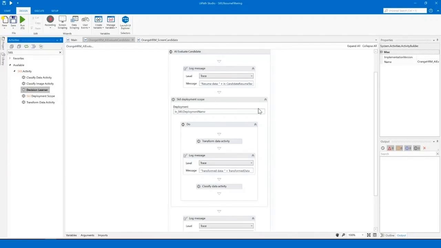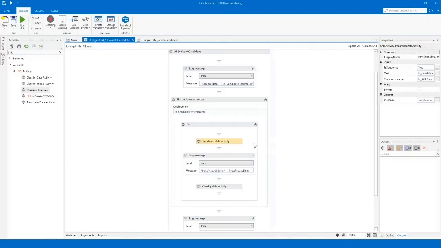They are used in this workflow that reads the resume from a PDF and then transforms the data into a representation that the AI model can process. After that, the robot will classify the candidate based on the contents of the resume, and it'll output a prediction of what kind of professional he or she is, as well as its confidence level